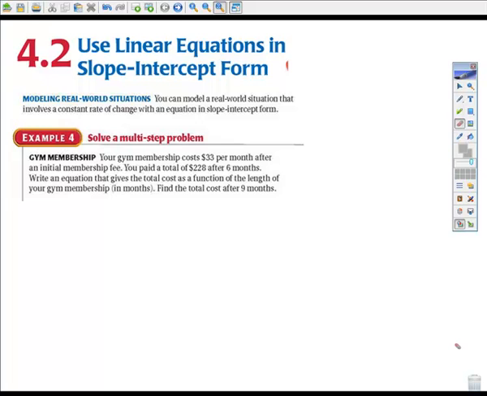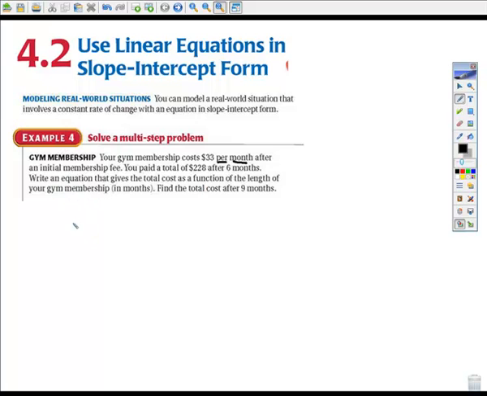4.2 Part 2 brings together my favorite kind of problems, and of course that's the real world situation problems. So you can model real world situations that involve a constant rate of change, and we can write it in slope-intercept form. For example, your gym membership costs you $33 per month after you pay the initial membership fee. You paid a total of $228 after 6 months. They're asking us to write an equation that gives the total cost as a function of the length of your